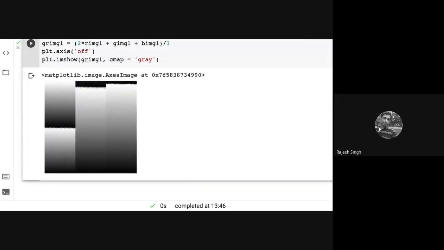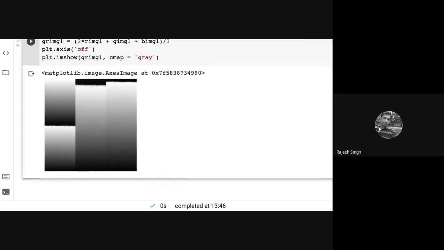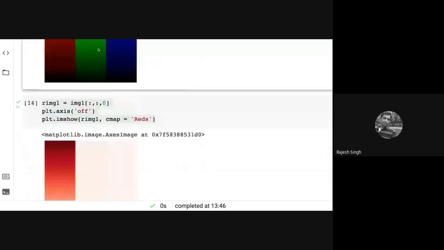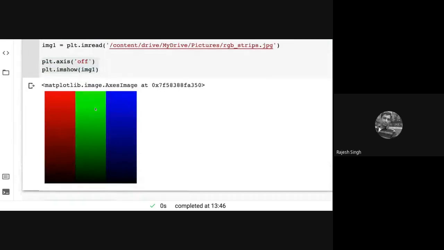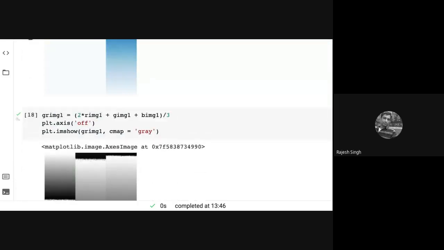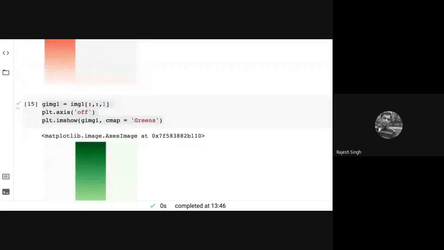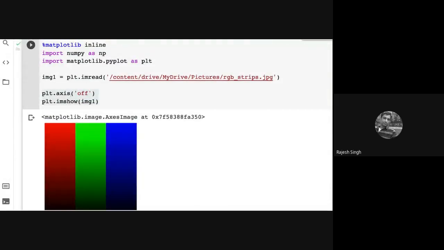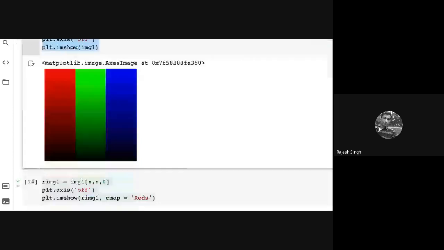Now, this was a very artificially created image. I'm going to show you the same thing being run for another, natural image. All I'm going to do is repeat this code very quickly, and I'll show you only one or two components.